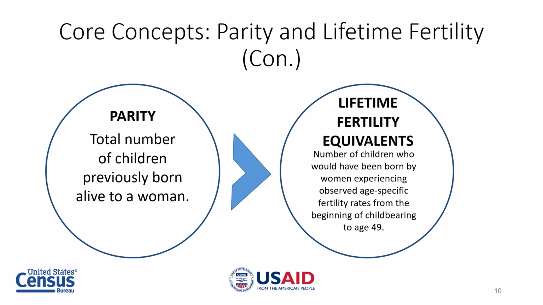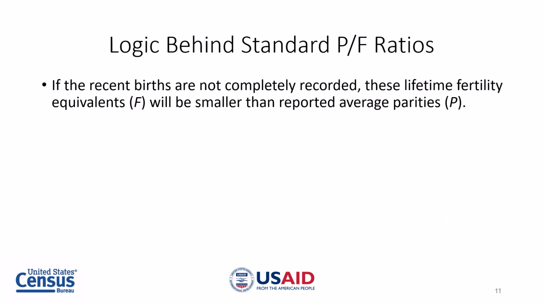But when the number of births reported in a census are incomplete, parity is larger than lifetime fertility equivalents. If the recent births are not completely recorded due to the biases we mentioned in the last episode, these lifetime fertility equivalents will be smaller than the reported average parities, and you will need to estimate an adjustment factor based on the PF ratios and apply it to the number of births to account for the undercounting of births reported